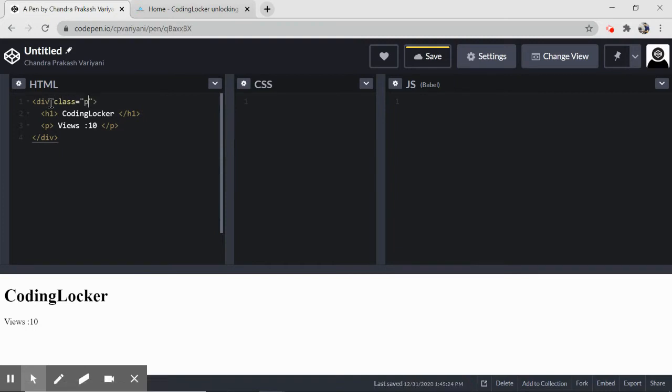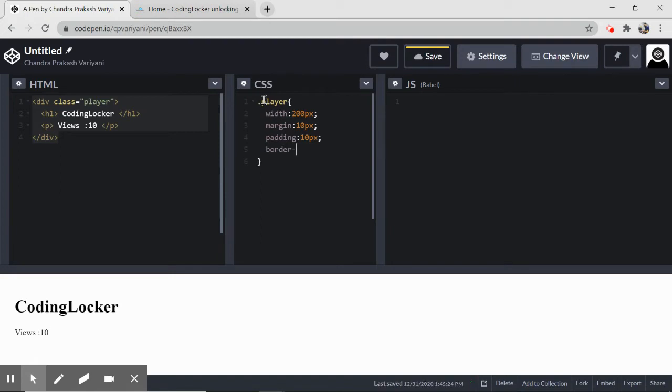Let me provide one class here as well. I have simply created it, and let me create a class at first, and then we will talk about this. I just want to give it the shape of a card. So width, first of all, of course, 200 pixel, then margin 110 pixel. That should be sufficient. Then padding 10 pixel, and then border maybe 1px, solid hash cc, and display inline block. Perfect. So this is the card which you have created.